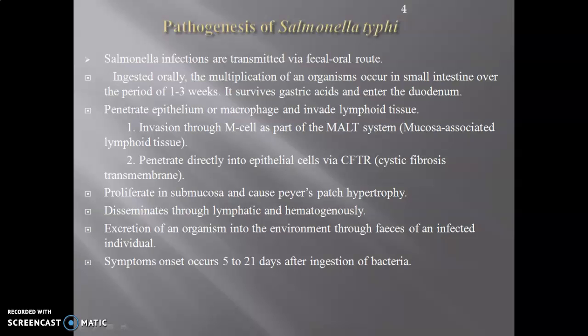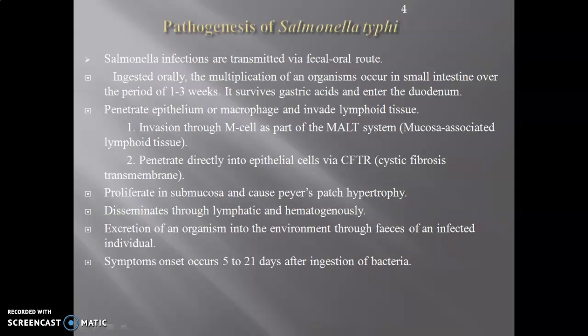What does it mean? The chloride ion channels are mutated in patients with cystic fibrosis. So essentially, Salmonella typhi or paratyphi utilizes this chloride ion channel and enters into the intestinal epithelial cells. Quite interestingly, since the channels are mutated in patients with cystic fibrosis, these patients are protected against typhoid